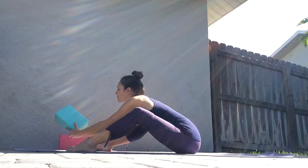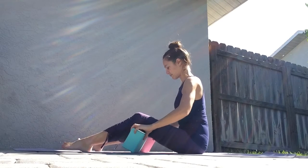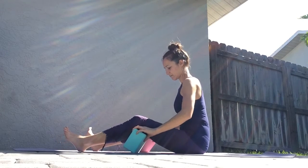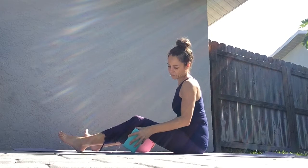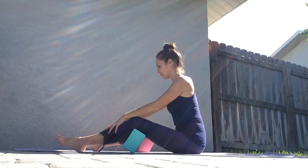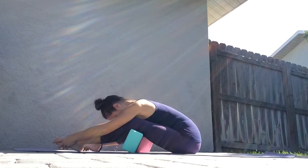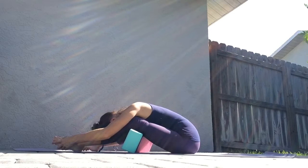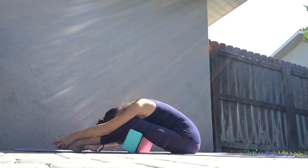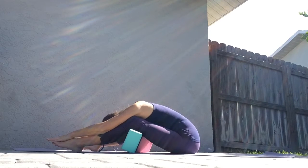Feel into your back. You can also use props, so you can place your blocks or cushions or heavy books under your knees for some extra support. Prop yourself up. So take a moment and you can even pause the video, just find what works best for you. I feel this in my low back, and when I bring my head down, this is also a nice stretch for my upper back. So take your time, play around with it, and then find where you feel most supported